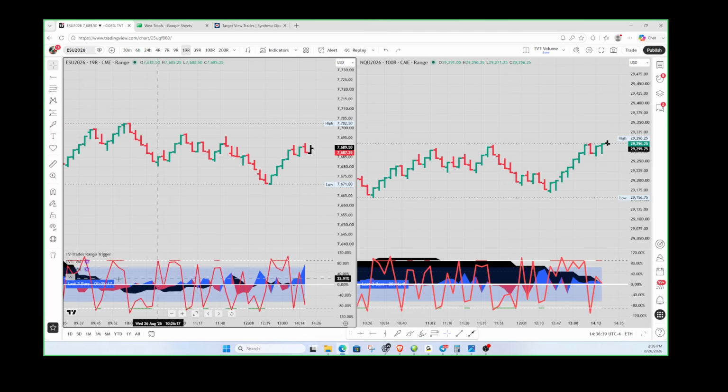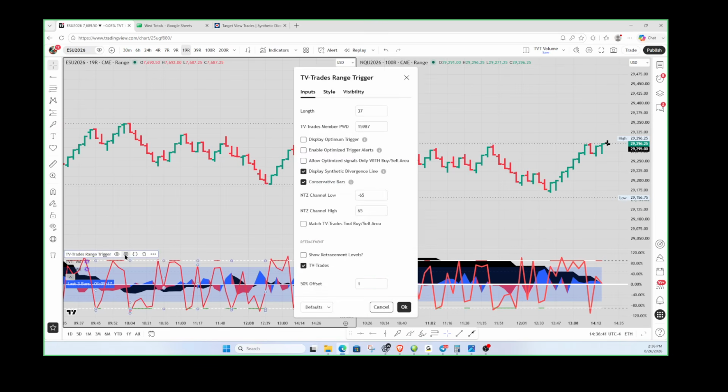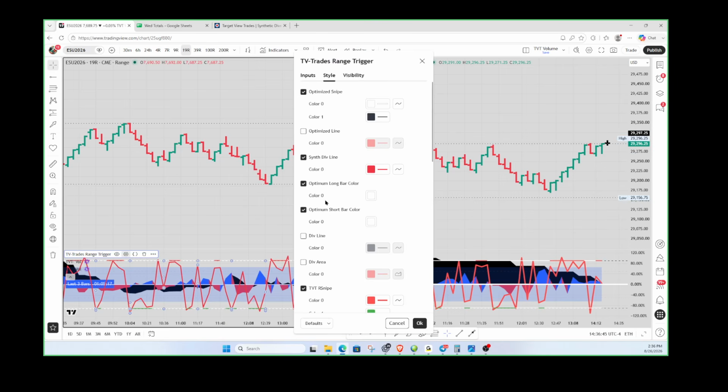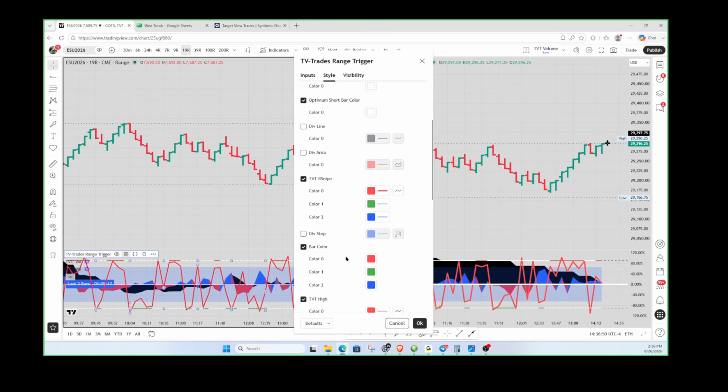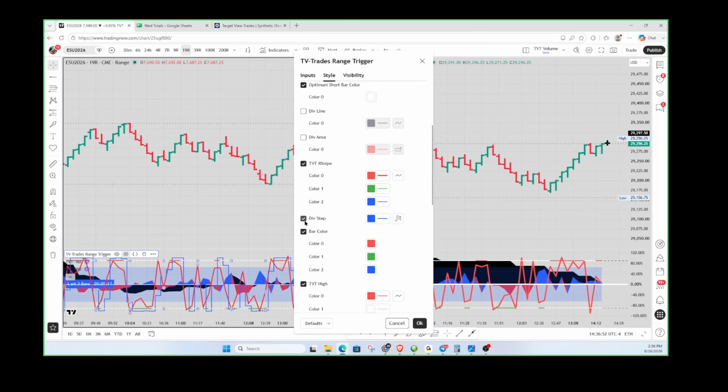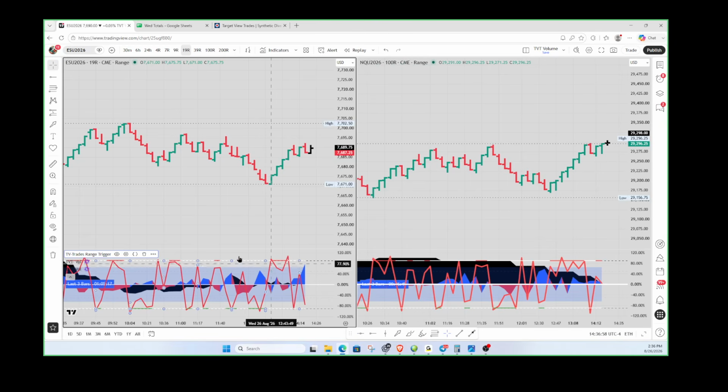The new thing that I have, you see how it's 3 separate things. You have to have the TV trades range trigger, and for that you have to have the password. You have to display synthetic divergence, and you have to come in here and turn on the synthetic divergence line and turn off the div step line right there, and also make sure you don't have that div line turned on. That's how you get the synthetic divergence line on there right now. And you have to have the 2 separate volume things. But what I've done, the new thing,